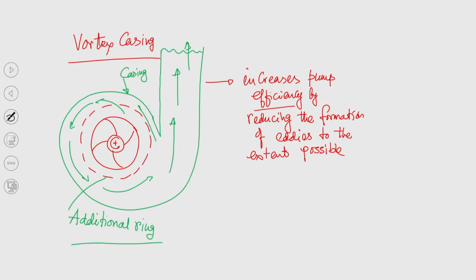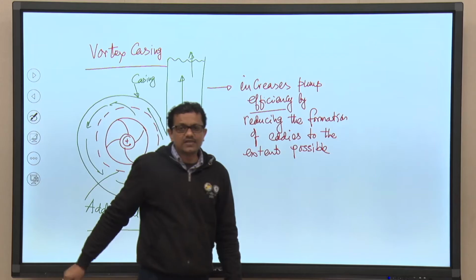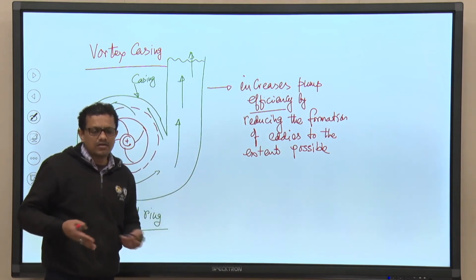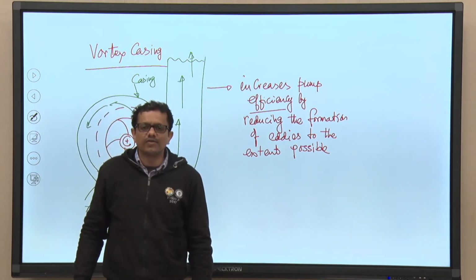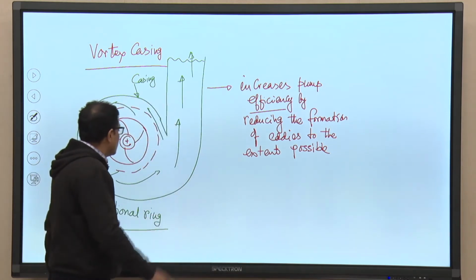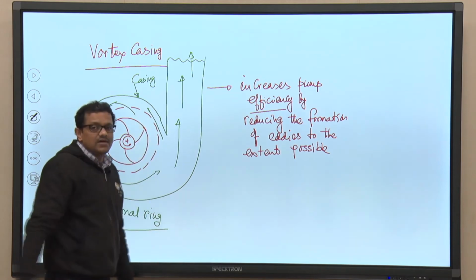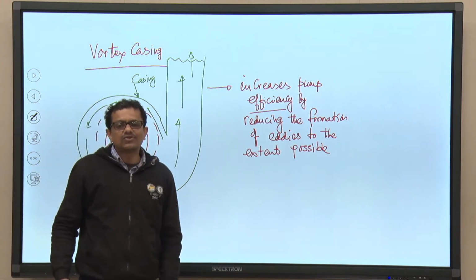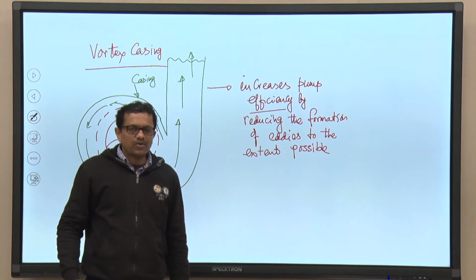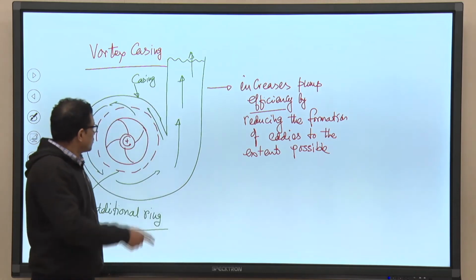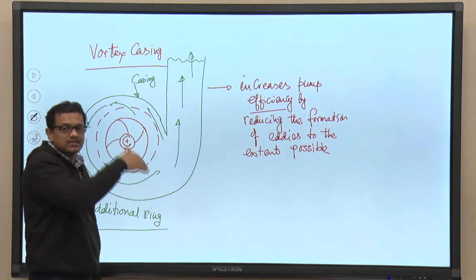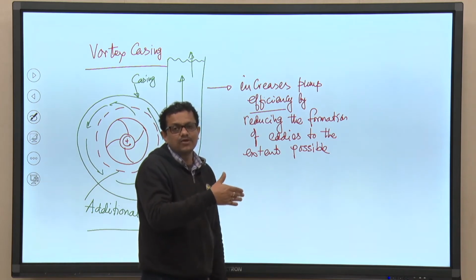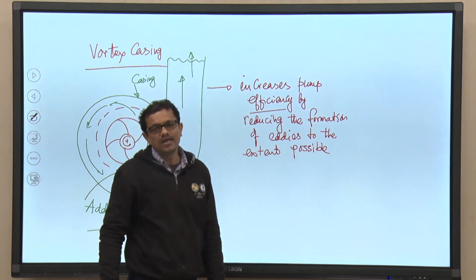I am underlining this word efficiency. We will be discussing which type of efficiency can be increased. Definitely a common answer is overall efficiency, fine, we will be discussing that soon. But now, providing this circular chamber inside the pump, we need to have a proper design, and it also involves cost. So, we need to keep in mind that the cost associated with the special arrangement should be justified by the increase in efficiency, rather the relative increase in efficiency if we compare the performance of vortex casing with the volute casing.